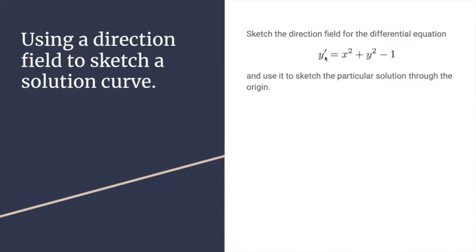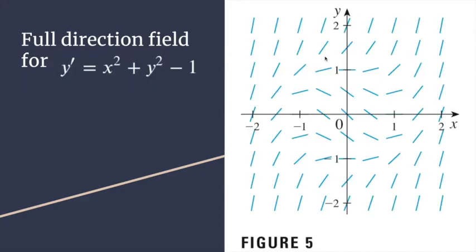Well, we can't. So we might just want to sketch the solution, the slope field. I know that I'm skipping a lot of steps. You're not doing any of this by hand, but this is the slope field for x squared plus y squared minus 1. So if I wanted to sketch the particular solution that goes through 0, 0, then I would start at 0, 0, and I would follow that along, and it looks like I'd have